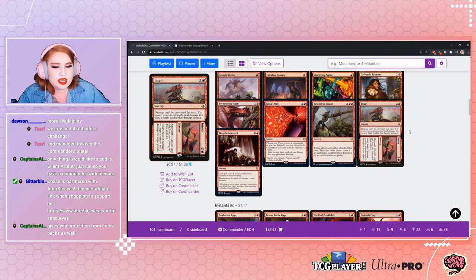So one more card to cut. What are your thoughts on this, you guys? I have an idea at what to cut. I don't know if you guys would like it. I'm thinking Relentless Assault, but